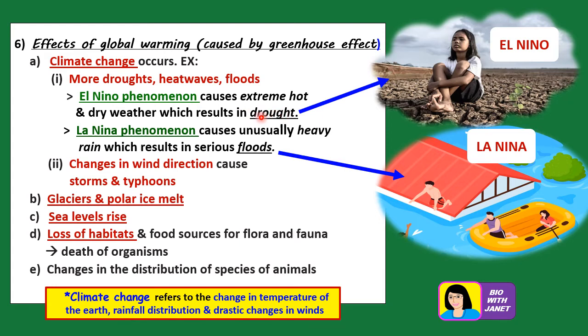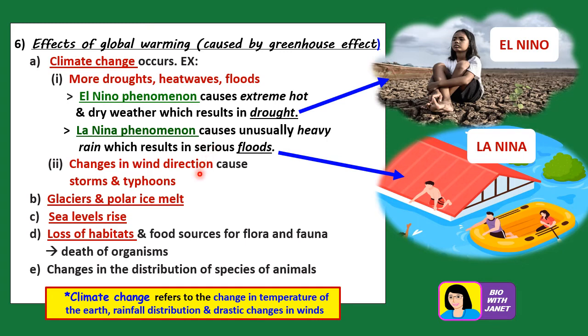Okay, now to remember these two and differentiate between them, think of a girl, La Nina. So Nina is the name of a girl, right? So some girls, not all, some girls tend to cry easily, shedding floods of tears, floods. So tears are liquid, fluid. So it will help to remind you that it's related to the floods, and then El Nino is related to droughts here. Okay, right. So these are all extreme weather conditions caused by global warming.